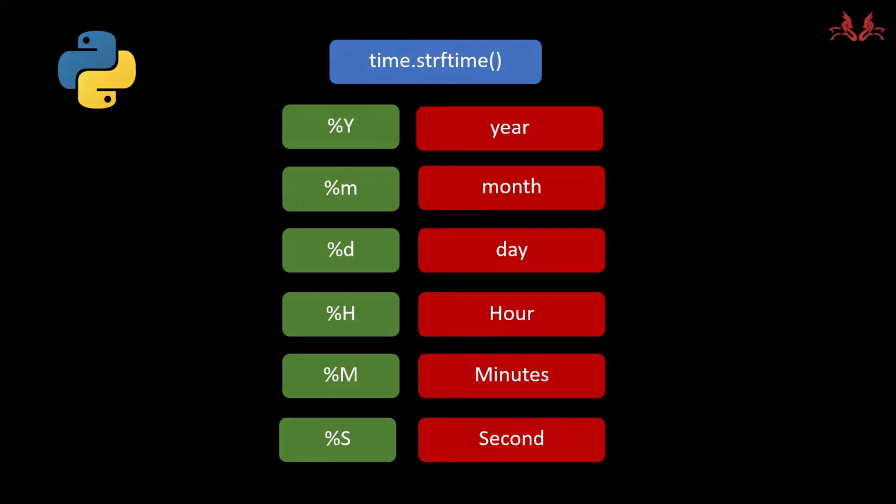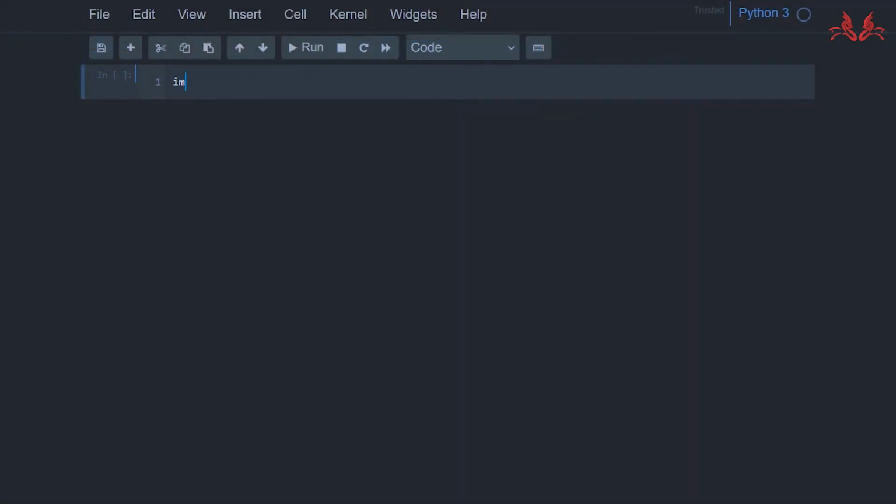Alright, let's demonstrate. At first, we import the time module and set a variable as local time and use the localtime function, and set another variable time view equals and use the strftime function